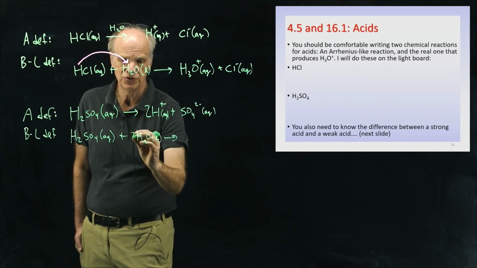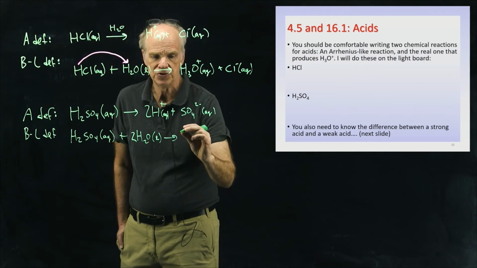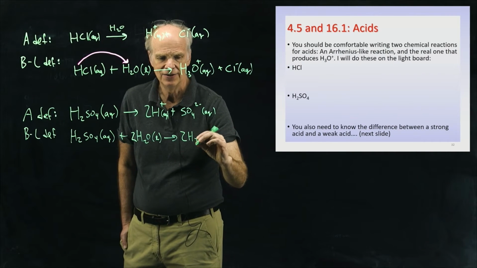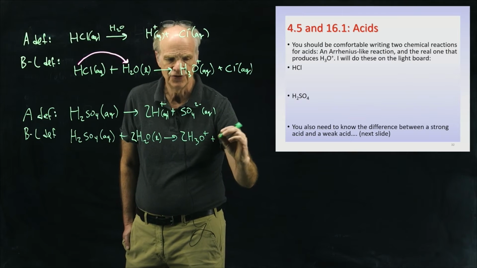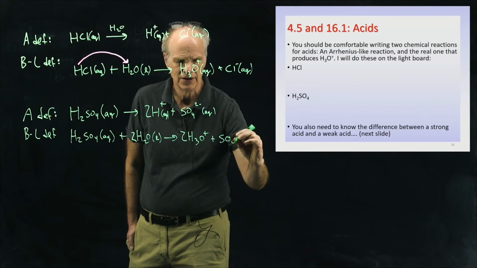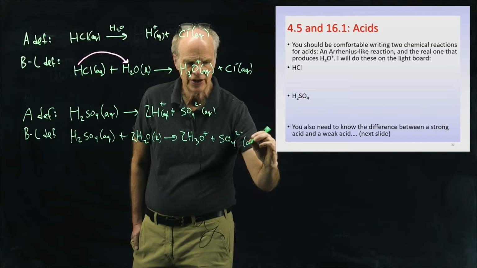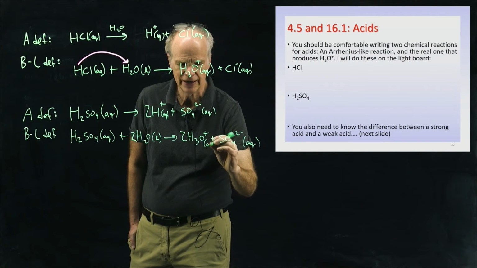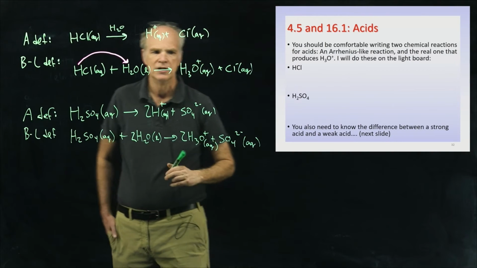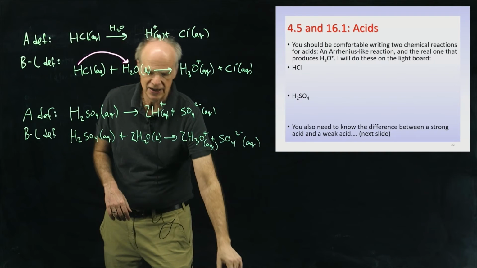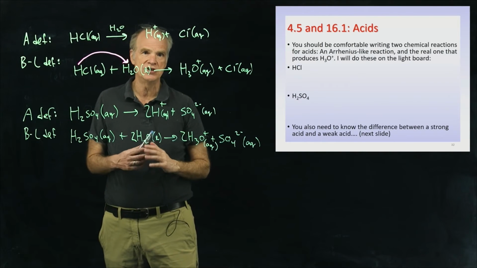So we're going to have a 2 here like that, and then we have 2 hydronium like that, and then we'll get the sulfate like that. And so if you want to, we can add state symbols to these ions here. Okay. Now, again, just to remind you that the Arrhenius definition is one that you're going to have